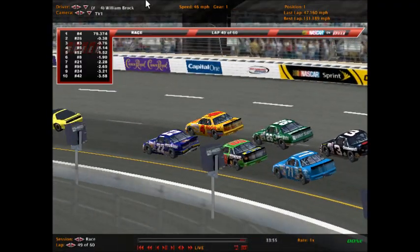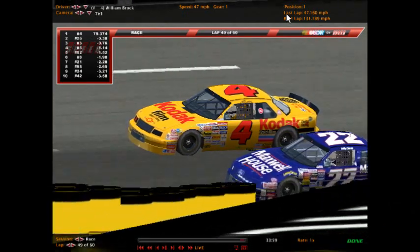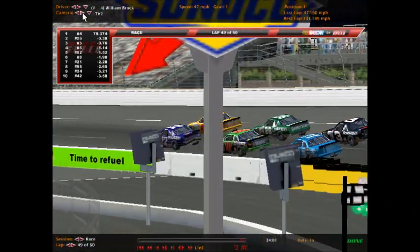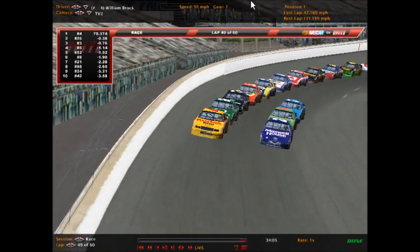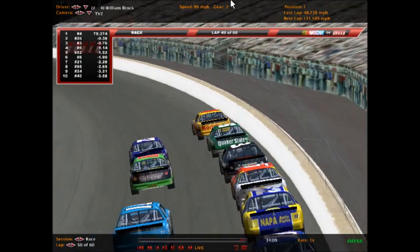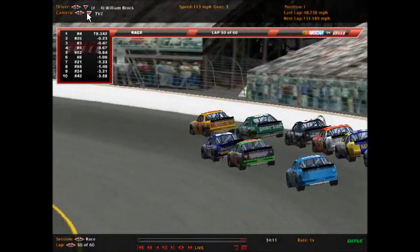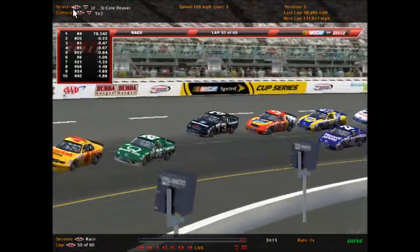Because this is shaping up to be a pretty good finish here between the 4, the 26, and the 3 cars at least. And maybe throw the 5 and the 52 all in there. As they come off turn number 4, green flag back out. We're back underway. William Brock looking for his 2nd victory of the season. He and Sky Commons break away. Cole Deaver breaks away from the lap traffic, and here they come